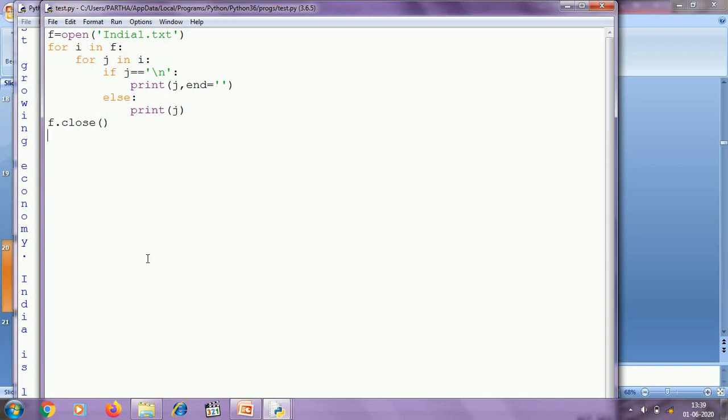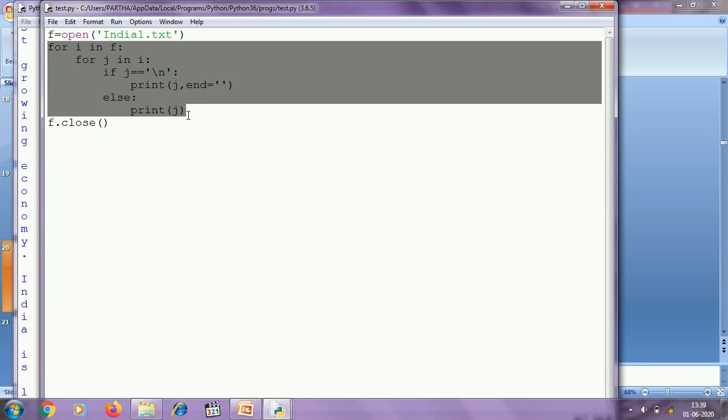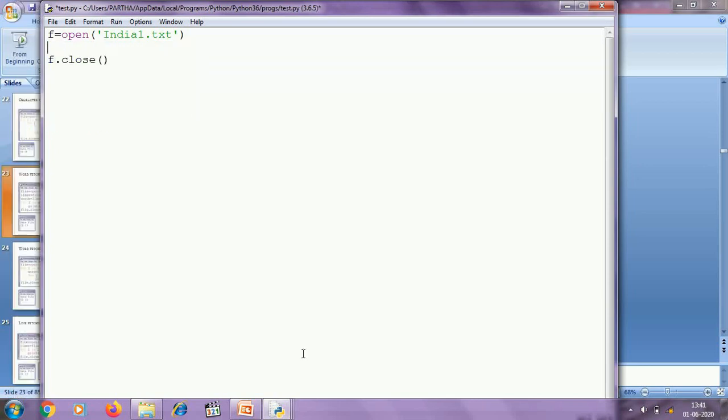Next I shall show you how to fetch words from a text file one by one. To fetch words from a text file, again I am going to use the read method. s equal to f dot read. So it will fetch the entire text file as a string, and it will store the content of the text file in the variable s.